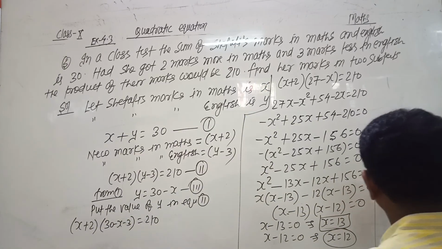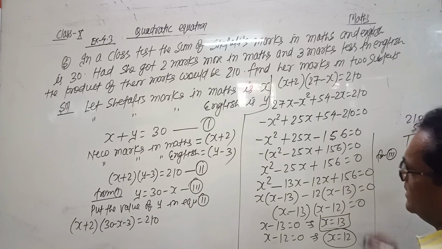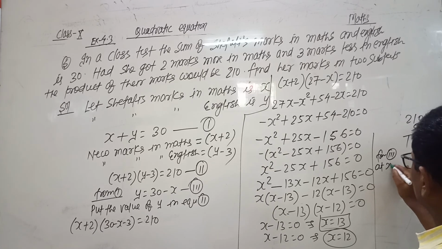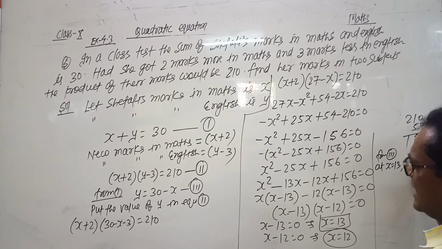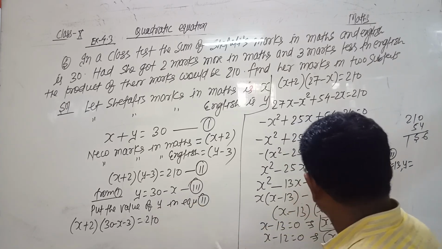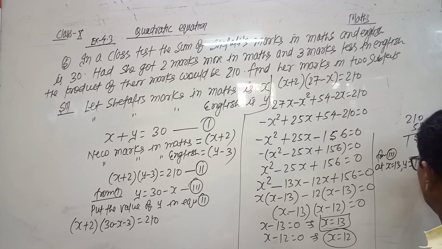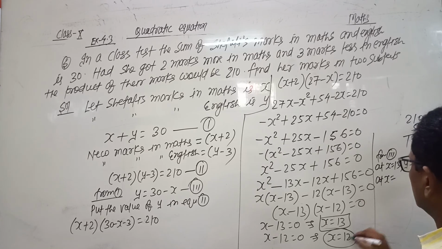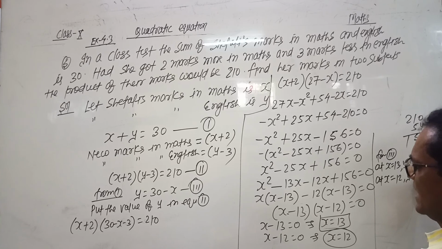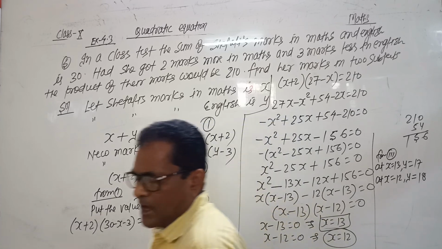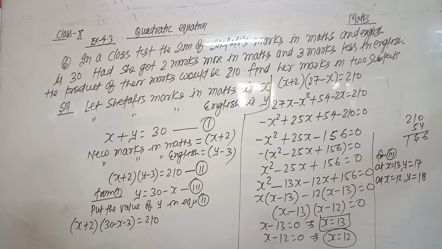From equation number 3, at x equals to 13, the value of y will be 30 minus 13, that is 17, and at x equals to 12, the value of y will be 30 minus 12, that is 18. So either she got 13 marks in mathematics and 17 in English, or she got 12 marks in mathematics, then 18 marks in